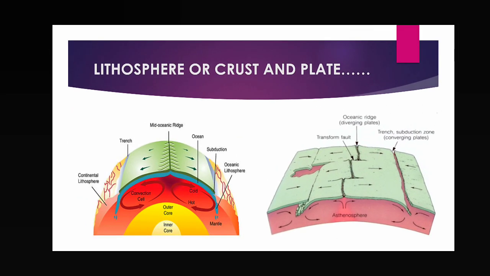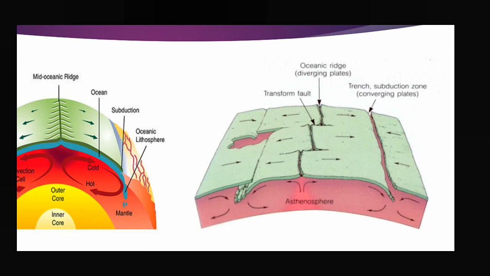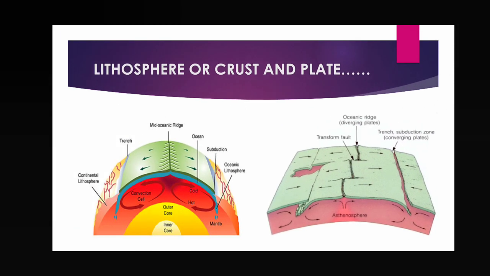So what is a lithospheric plate? It is the part of lithosphere which is broken into many divisions, and this part of the lithosphere is also moving from one place to another place. We will find out why it is moving. Just try to acquire the knowledge that a plate means a part of lithosphere which is divided into so many divisions, and these divisions are not constant. They are moving from one place to another place, and then so many changes occur, so many types of landforms are formed, etc. So let us see.